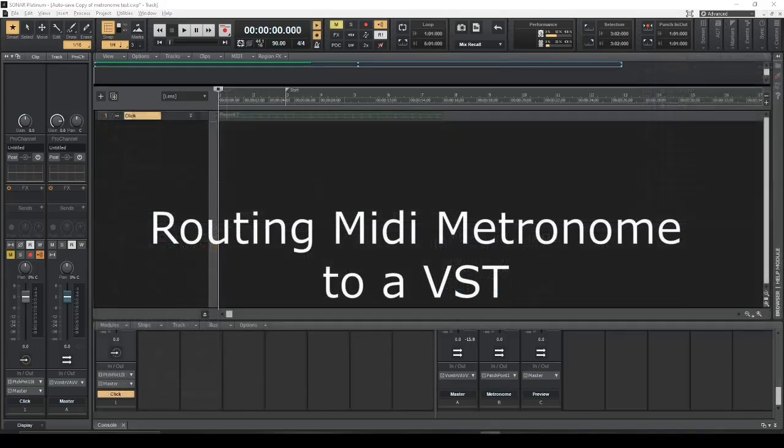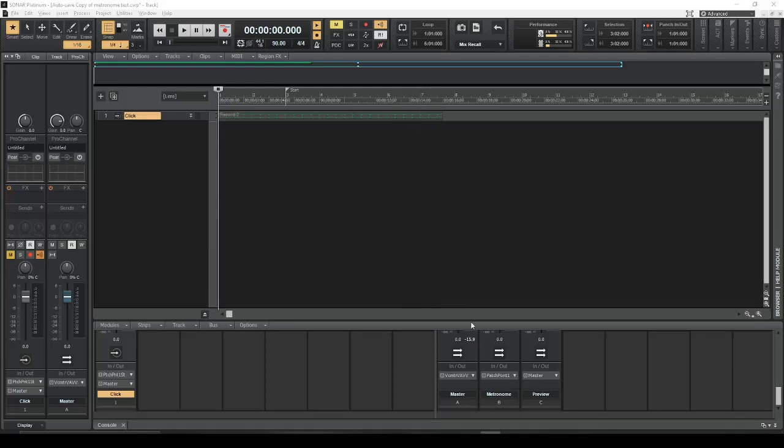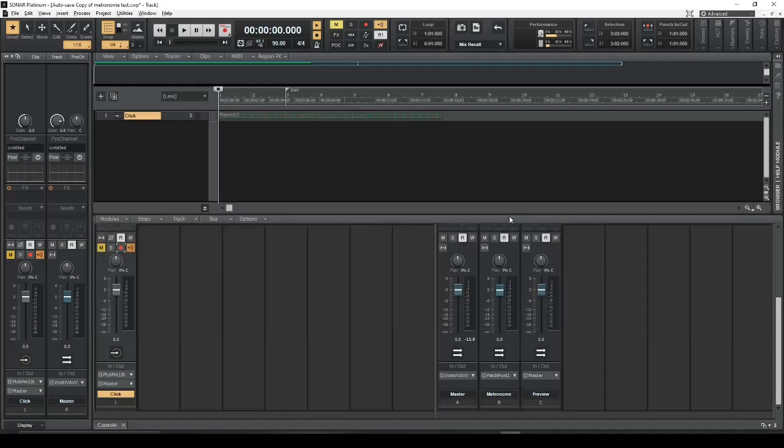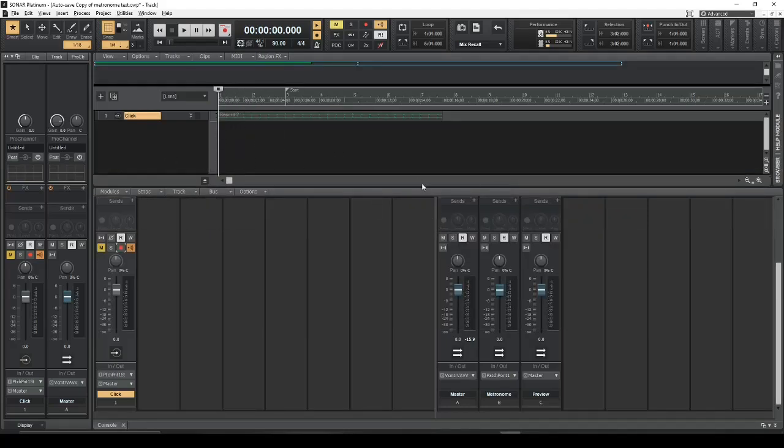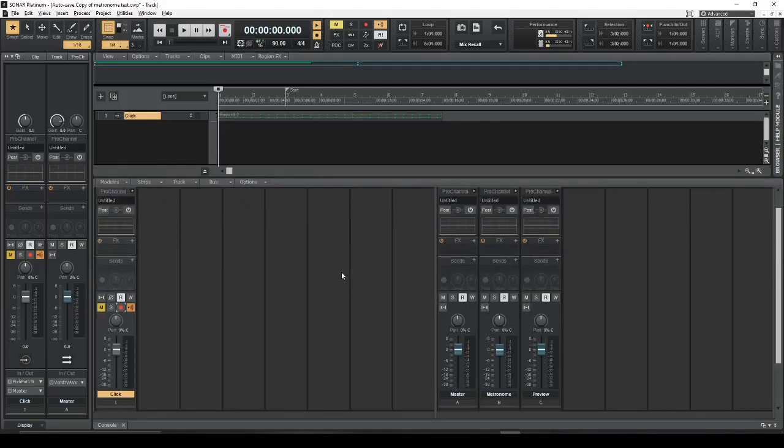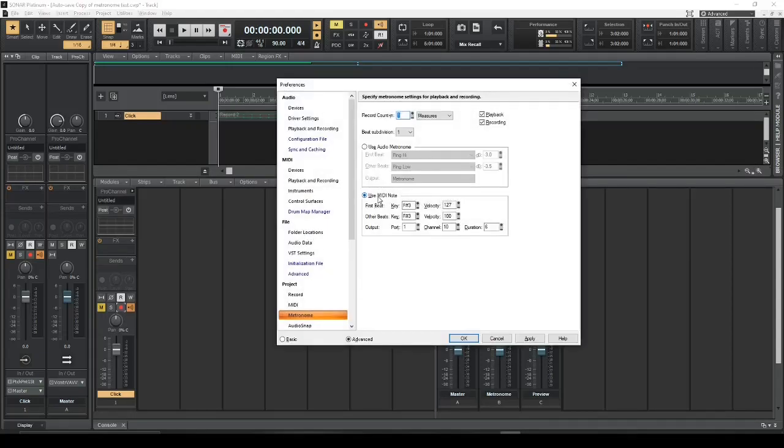Nice and easy. All right, let's say that for some reason you didn't like using the audio metronome from Cakewalk. You had a MIDI instrument you wanted to use instead. So you can still route your metronome into a VST. It's a little more complicated, obviously, but it's doable. So you can open up your preferences by doing P and set the metronome here. Instead of audio, use MIDI note. Now you can only choose one port,